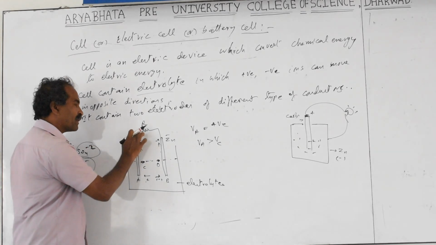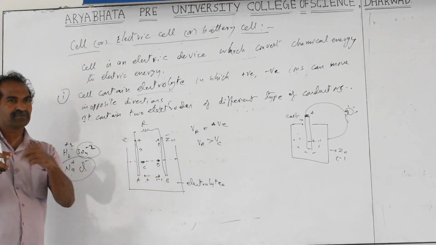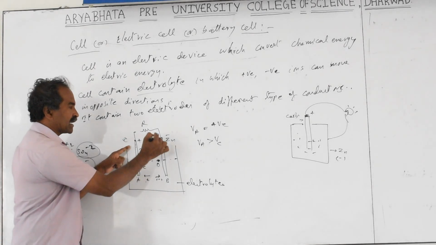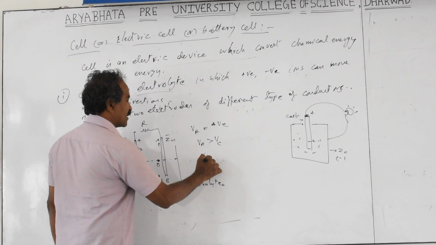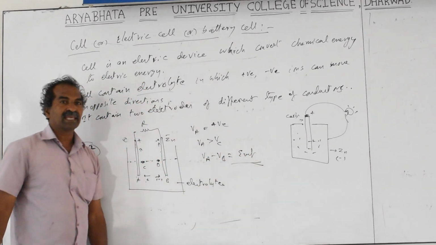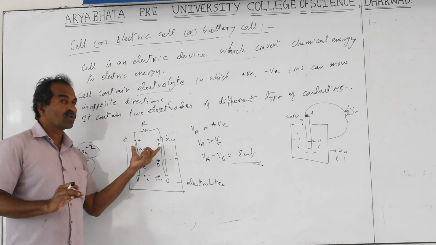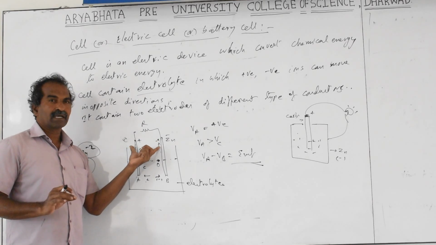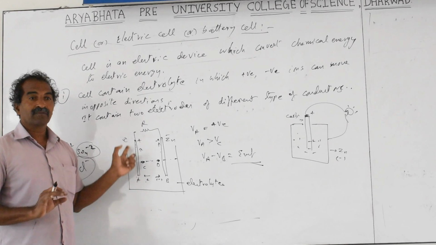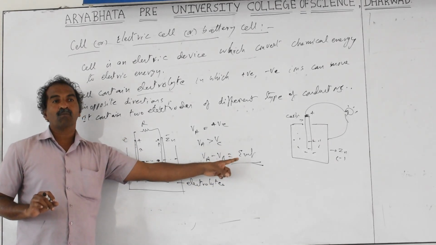So if I take the open circuit, what are the potential differences produced? Two different conductors automatically produce a potential difference with the adjacent material. So the potential difference between A and B, these two conductors and this conductor, this VA minus VB potential difference itself is called the electromotive force, EMF. I am going to discuss the definition of this. Electromotive force is the potential difference between the two electrodes when the current is not passing through the cell. When current is not there, the potential difference itself is called the electromotive force.